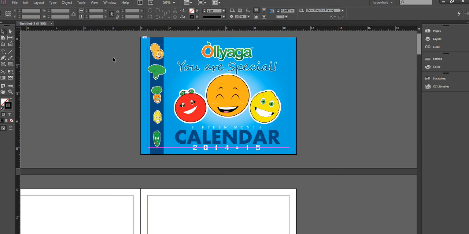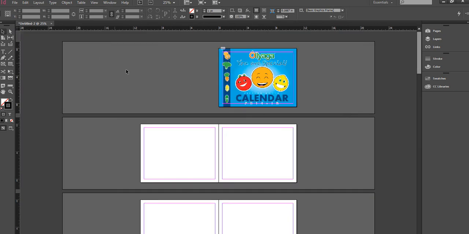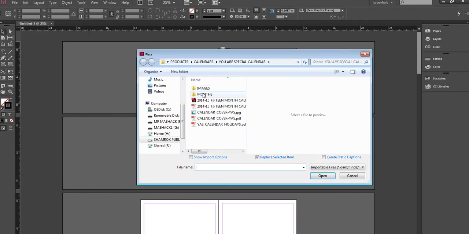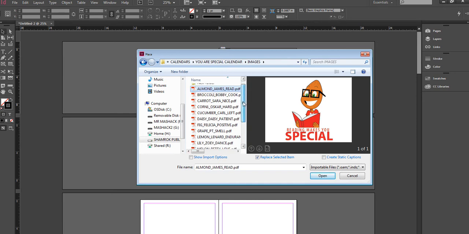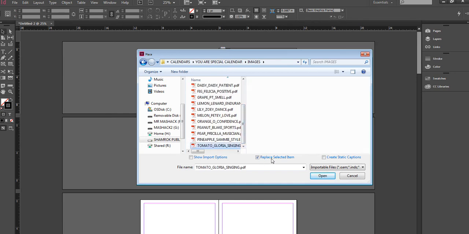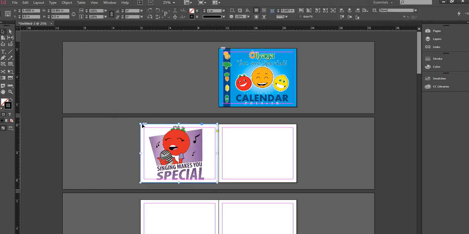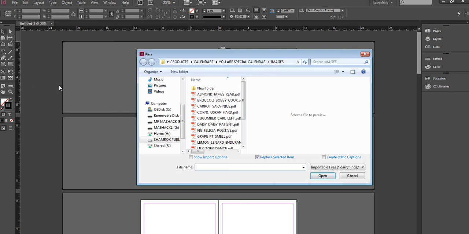Now, next thing I'm going to do is bring in the first image. So I'm going to go to images, and I'm just going to place this image in just by clicking, and then I'm going to go to File, Place, and I'm going to place in my January,